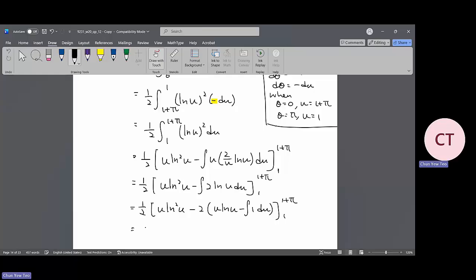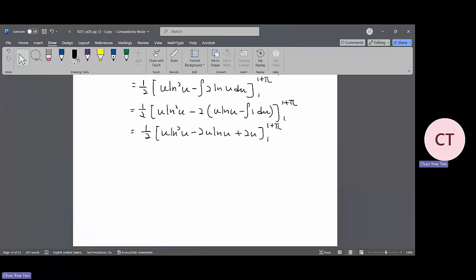Then at the end, you just need to finish the last part of the integration. Just need to finish it. So you will get ln square u minus 2u ln u plus 2u, from 1 to 1 plus pi. Okay, so now we need to